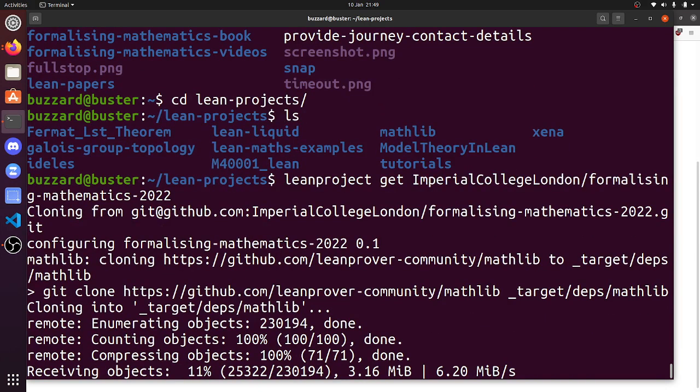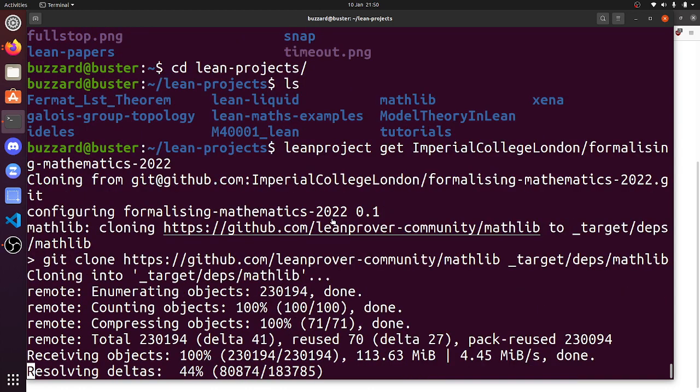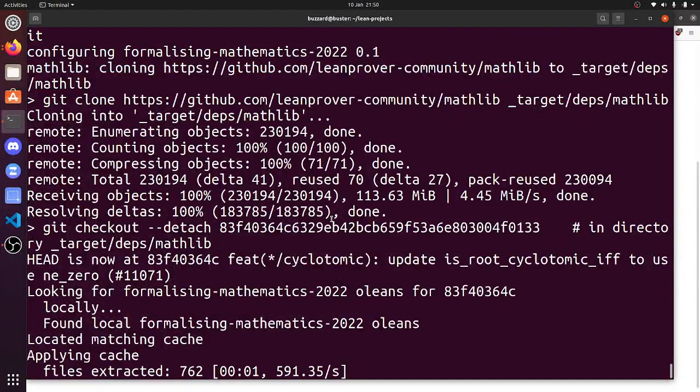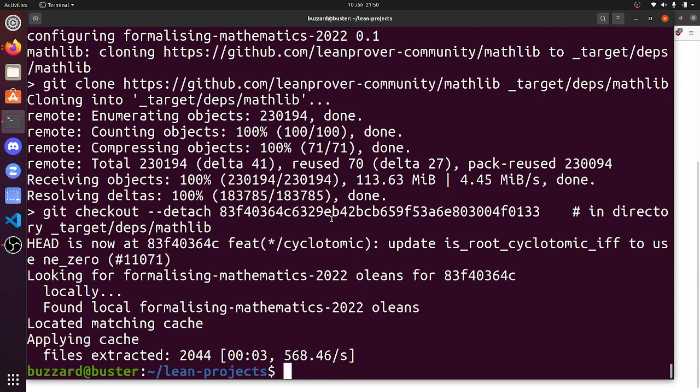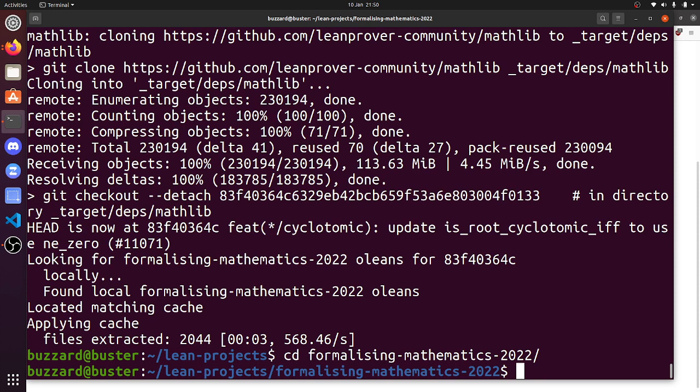Let me briefly talk you through what's happening. Right now we've pulled the project from GitHub, and what's happening now is that we're downloading Lean's mathematics library. That's what this cloning into target deps mathlib means. We're downloading Lean's mathematics library, which is 700,000 lines of mathematics, most of which we won't be using in this video, let me stress. And now that's finished, we're now downloading compiled binaries. We're downloading something called olean files, and that's all done now. And if I change directory to this new directory which has just appeared,